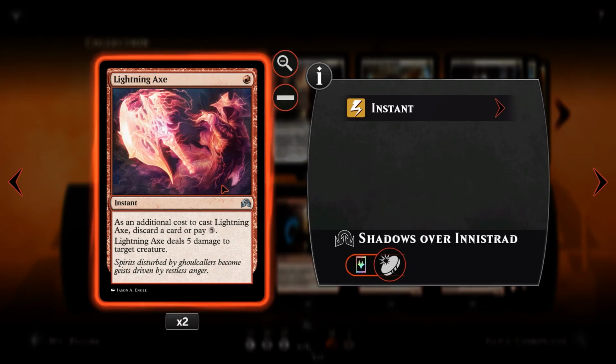Next we've got Lightning Axe. For 1 red, instant speed. This is in here for the creatures that most burn cards cannot hit, but it's also here as a discard outlet for Fiery Temper. There's an additional cost to cast Lightning Axe: you can either discard a card or pay 5. So it can be a 6 mana spell to deal 5 damage to target creature,